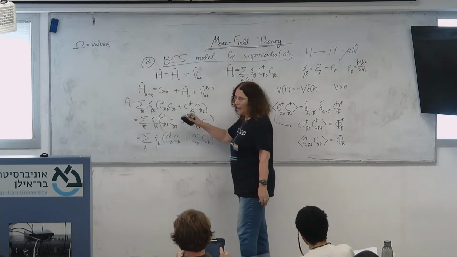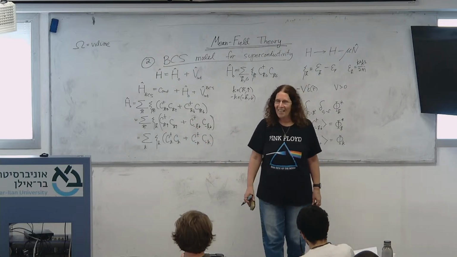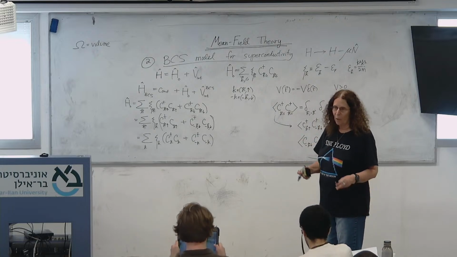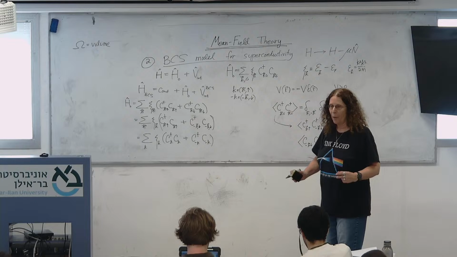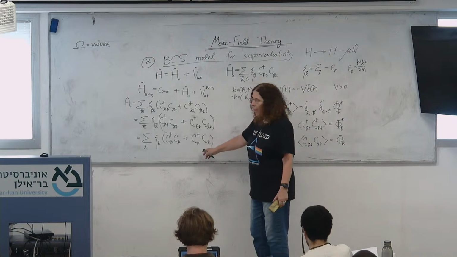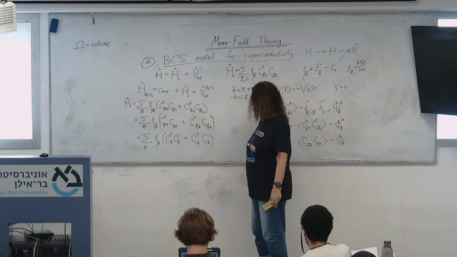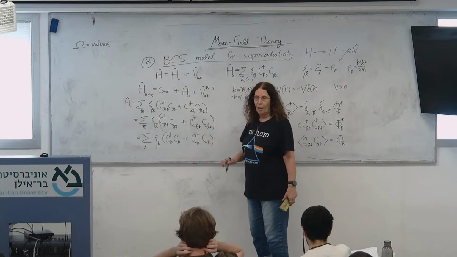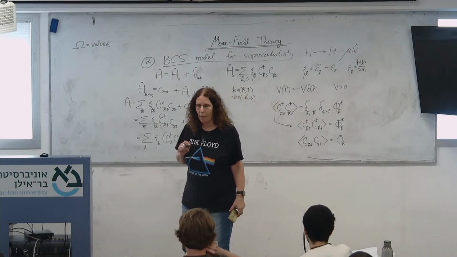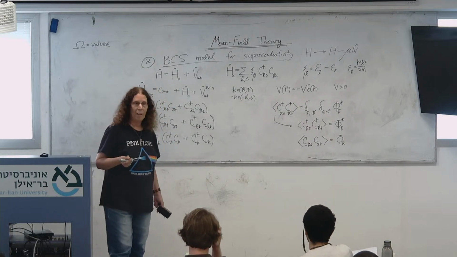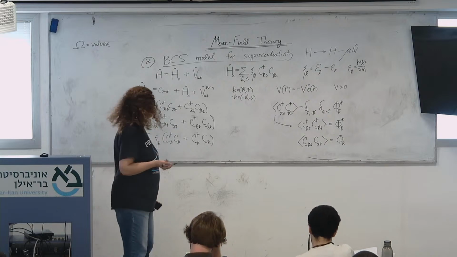Okay. You see, I'm working very hard on the H naught, but it's important because I want to bring it to some very compact form, and I need this. These are all very trivial stages. Now there's another step I can make: when I see something like this, I have a C dagger C, I can always switch between them, right? But then I can use